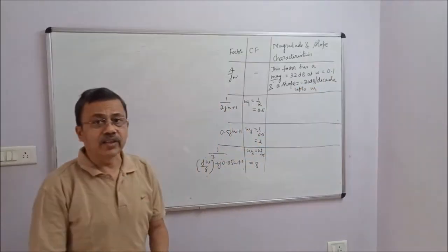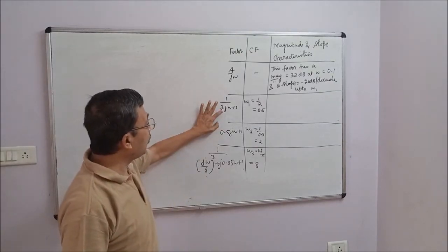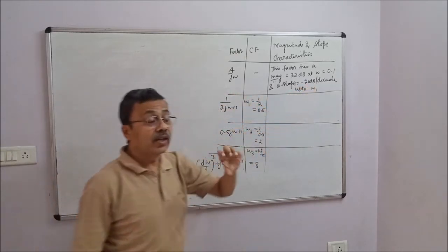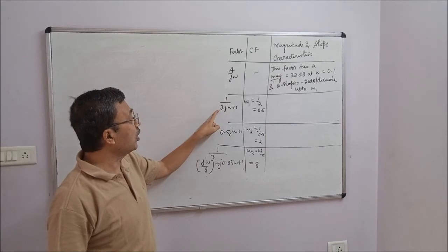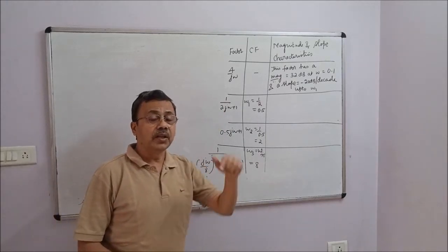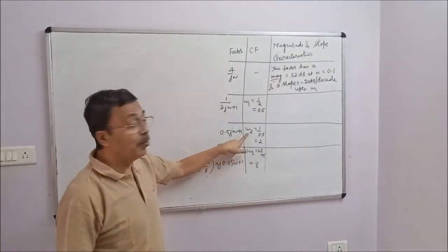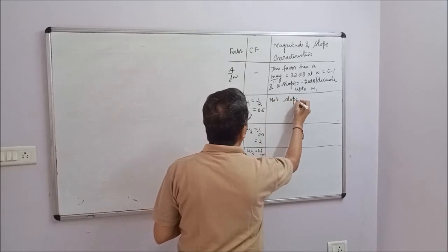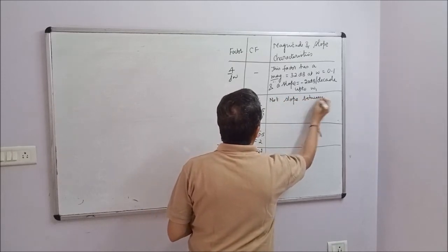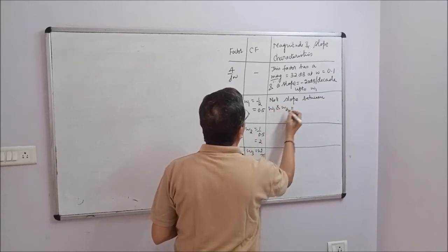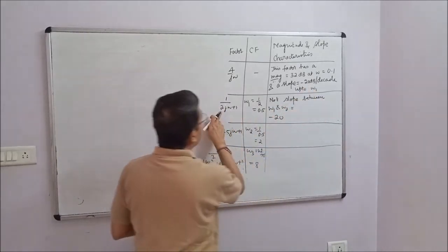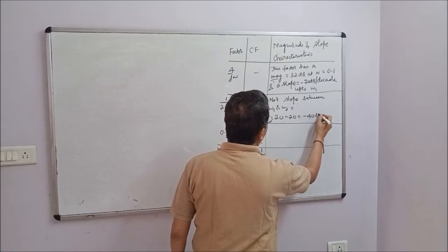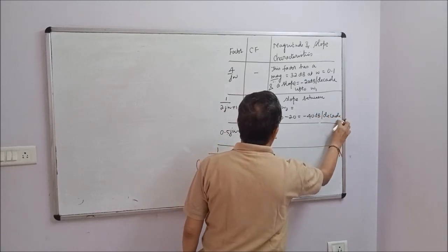Slopes will always change at the corner frequencies. This factor will add a slope of minus 20 at omega 1. Earlier slope is minus 20. To that, this factor will add a slope of minus 20, so that minus 20 becomes minus 40. The slope of minus 40 shall remain till omega 2. I am going to write here net slope between omega 1 and omega 2 equals minus 20, the previous slope. This will add minus 20, simple pole, it will add minus 20. Minus 20 becomes minus 40 decibels per decade.